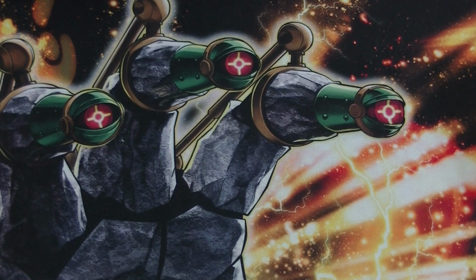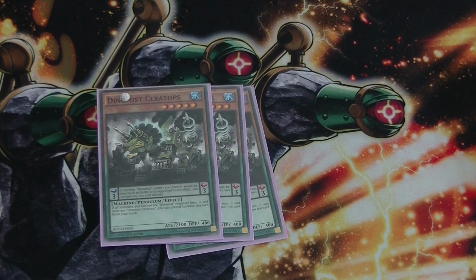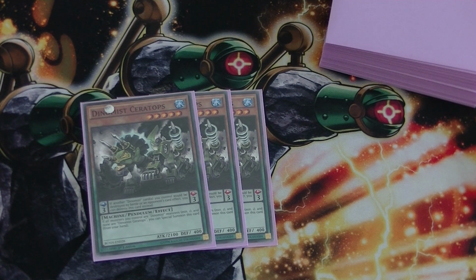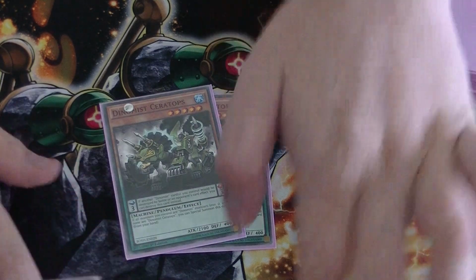Next up, I run 3 copies of Dinomist Ceratops. Ceratops, when the monsters you control are Dinomist, you can special summon this guy from your hand. Ceratops is actually one of my favorite Dinomist cards because he can just summon himself out. You can normal summon Pteran, special summon Ceratops, and right there you have an